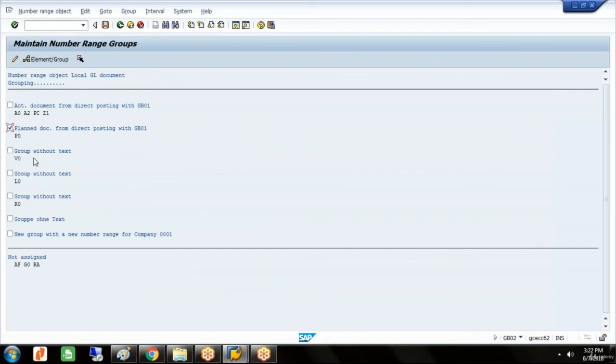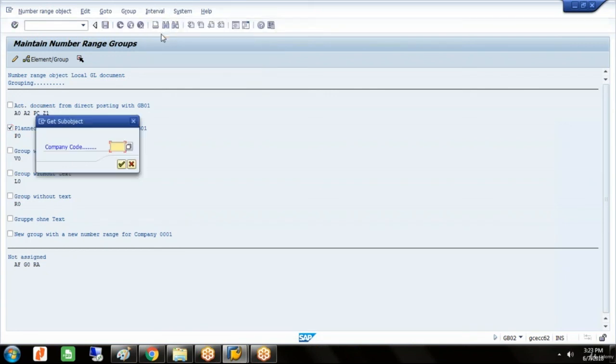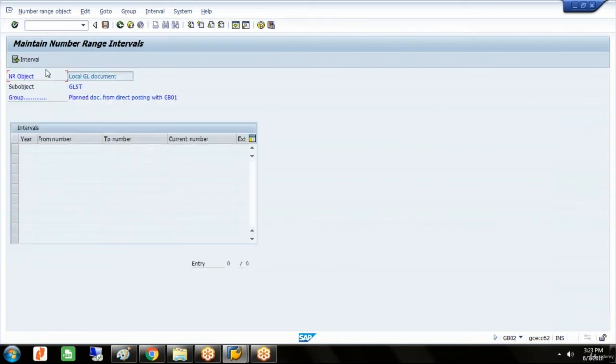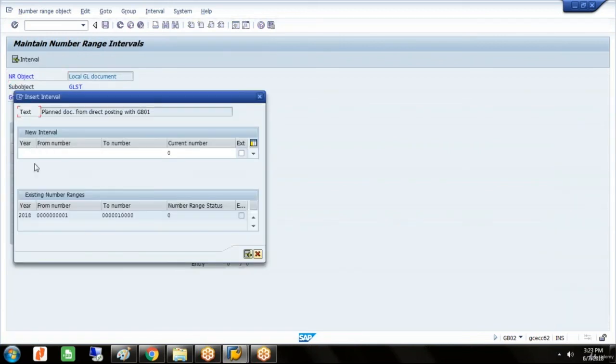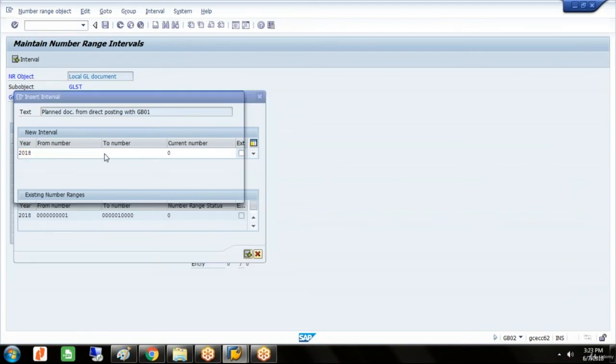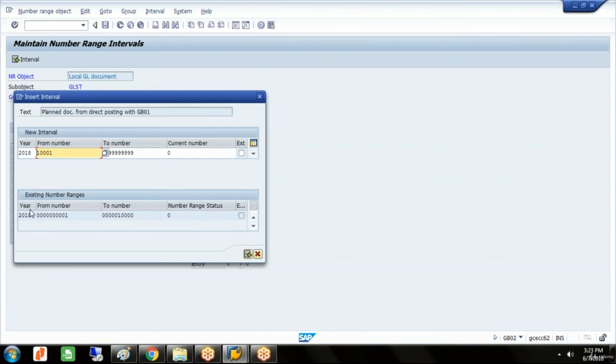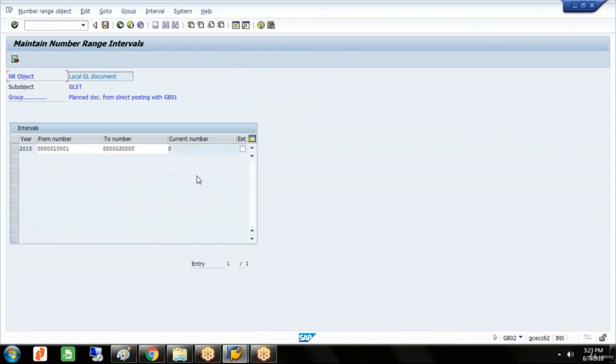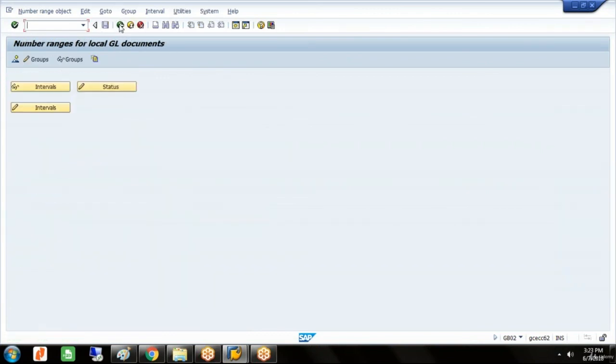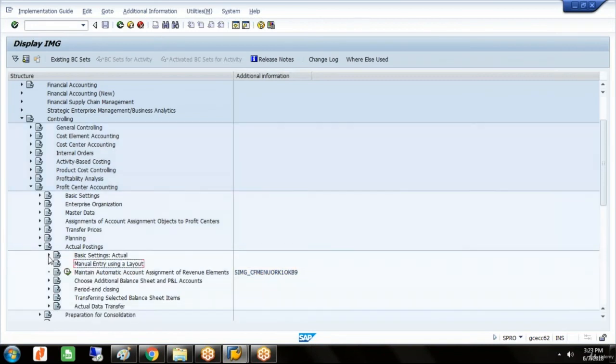So similarly, we'll define number ranges for planned documents also. Select this checkbox and click. Now you can go with interval, maintain, GLST, press enter. You can insert line. The year is 2018. So from number, it says from 10,001, will go up to 20,000. Press enter and save it. Let's come back. Next, we'll go to the